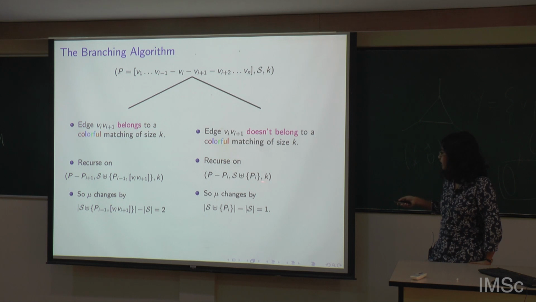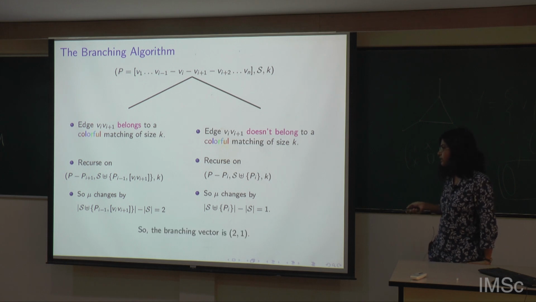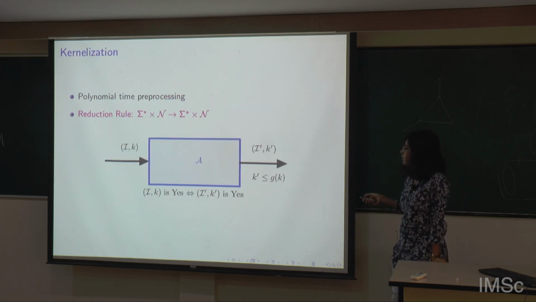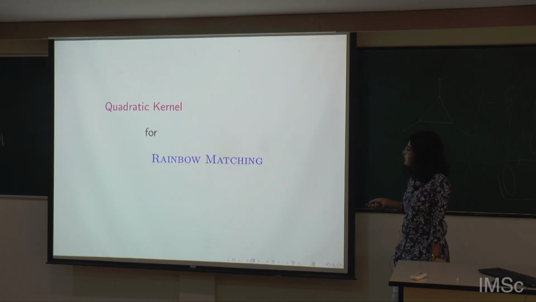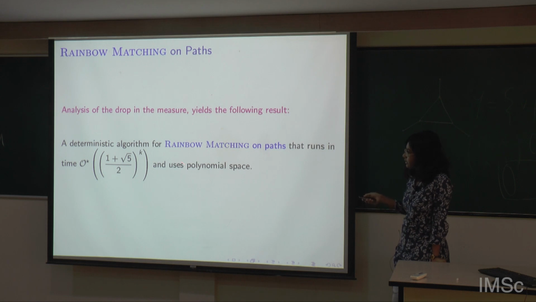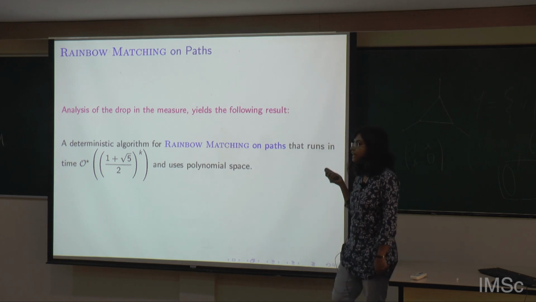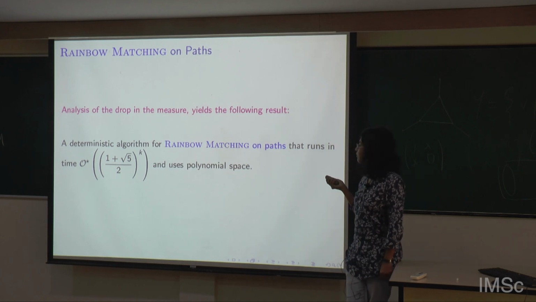So the solution size K does not change. So the measure for the branching changes by 1. So we get a branching vector (2, 1), and it can be easily shown that this branching vector gives you this running time. Okay, so now we move on to the kernel for this problem,